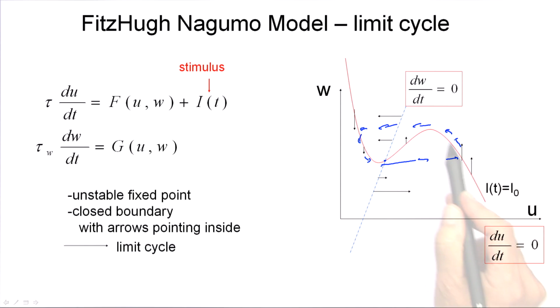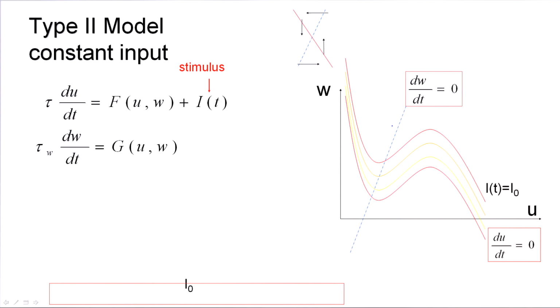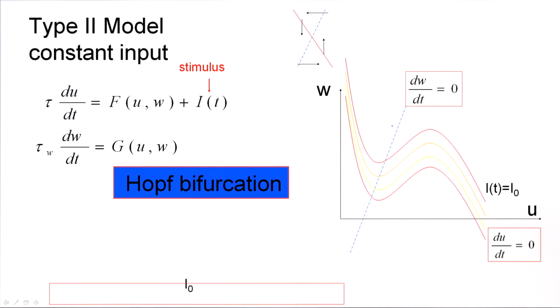So the neuron fires repetitively, periodically, while on this limit cycle. So let's apply our constant stimulus. If we are down here,